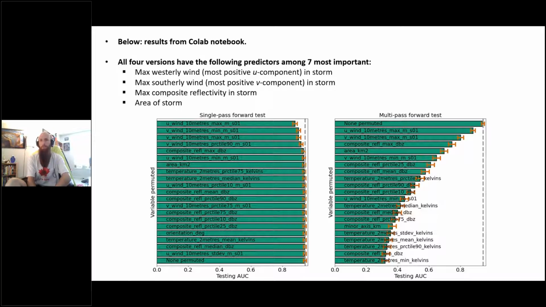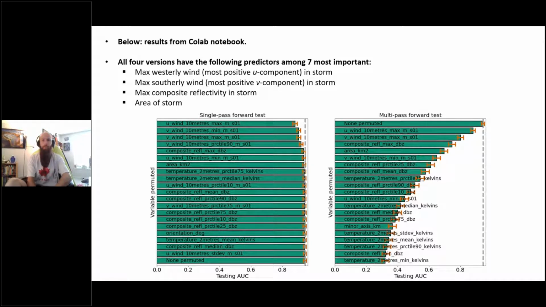But for area under the ROC curve, higher values are better. So I just multiplied area under the curve by -1 and use that as my loss function. But here I'm plotting positive area under the curve. So if you look at the results from all 4 versions of the permutation test, note also that we have